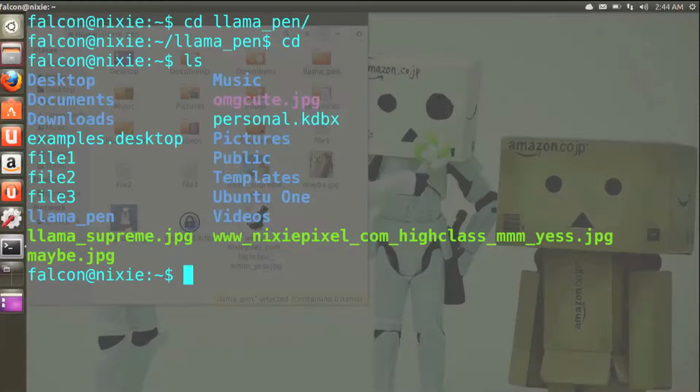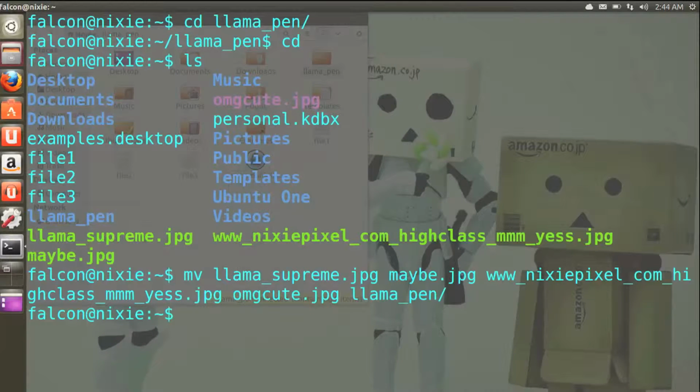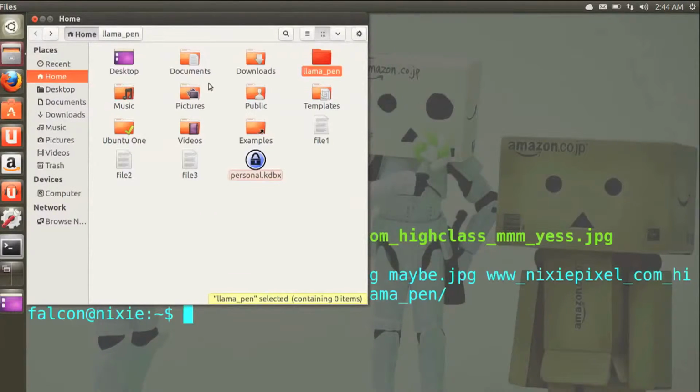Now we're using the move command, mv, and it'll move all the files to the last argument. And in case you don't know this, if you just have an idea of the way that your file is spelled in the directory and you hit tab, it auto-completes, so use it, love it, I do. But of course that Nixie Pixel llama picture is absurdly long, and we'll take care of that in a little bit. But for now, we herded all the llamas into their pen,